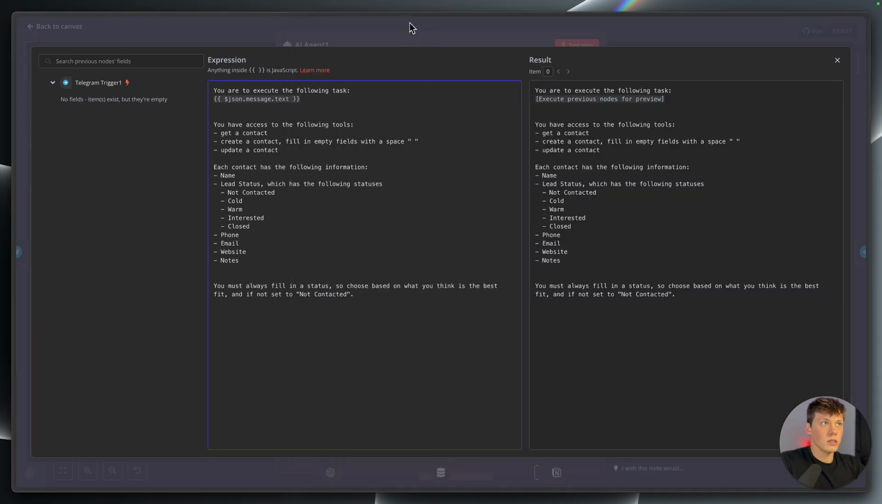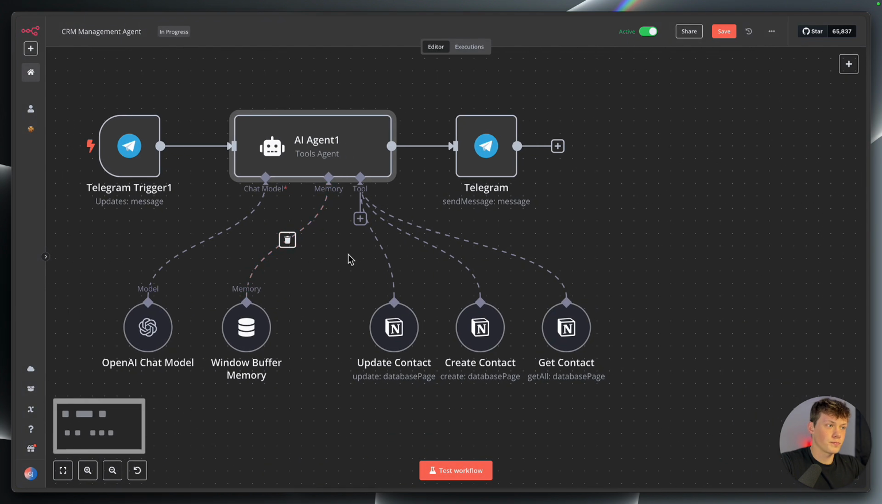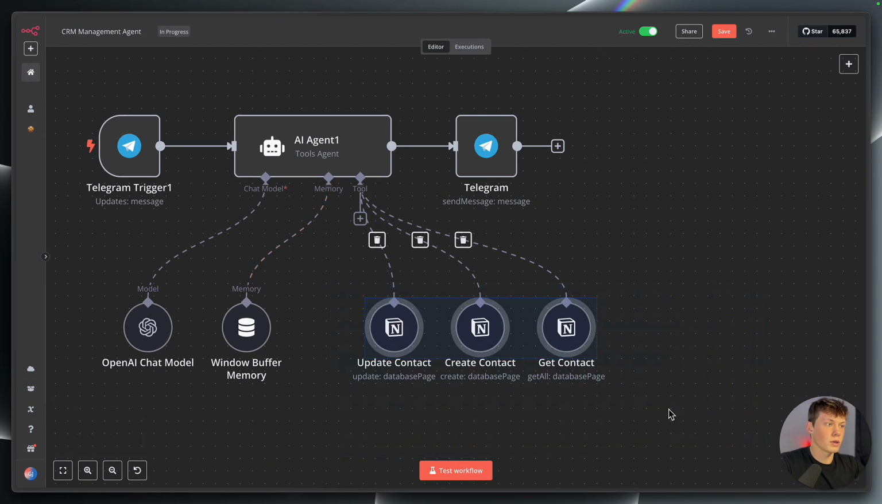So that's the prompt for you. You can edit these depending on how you set up your own CRM. So I'm going to go out of here, and I'll quickly just go over this system message. So it's just saying you're an assistant in charge of helping me manage my CRM, and then giving it the tools again there. So we can click out of this agent, and then I'm going to walk you through setting up a Notion CRM here,